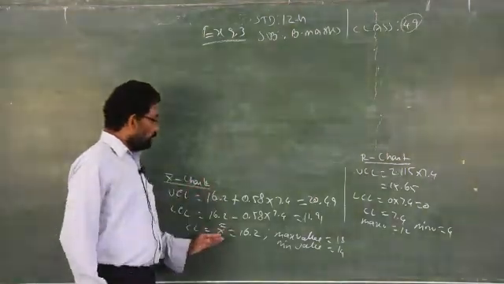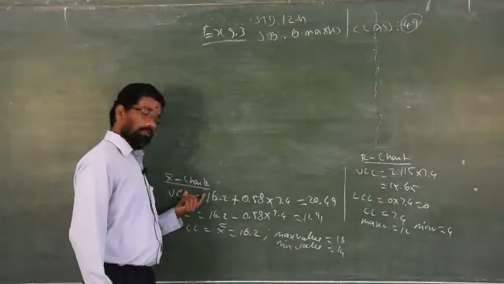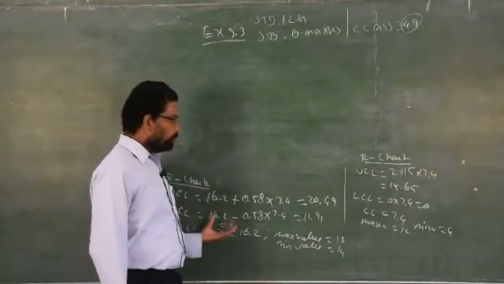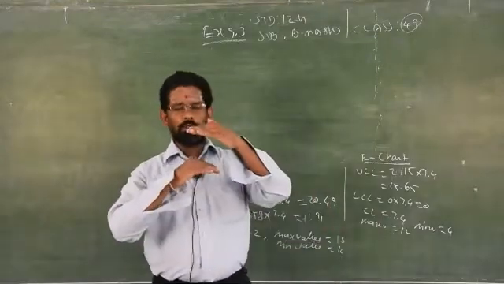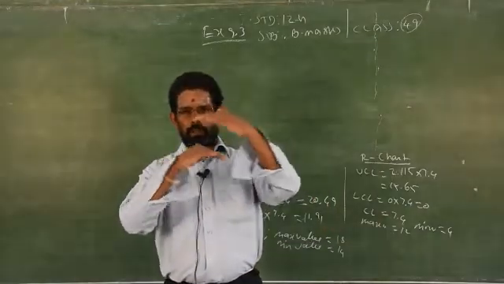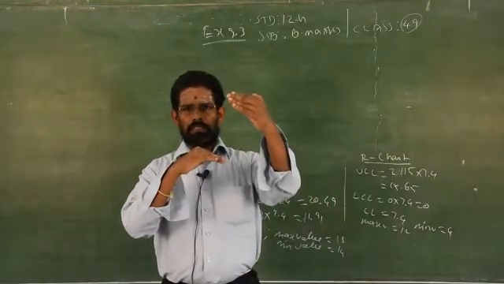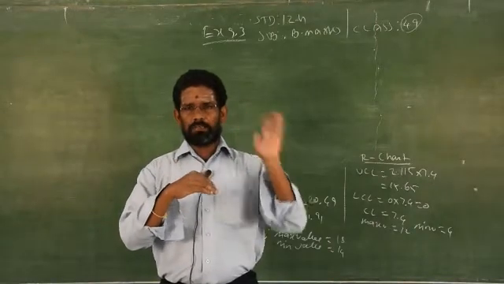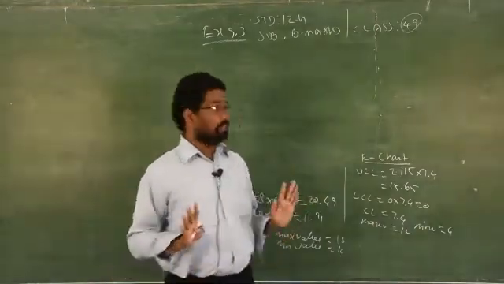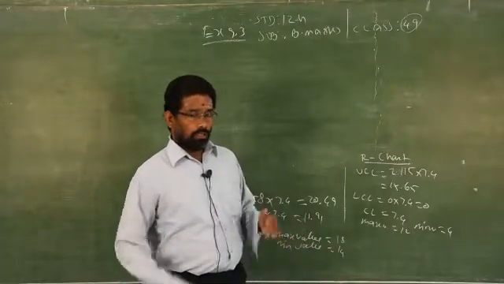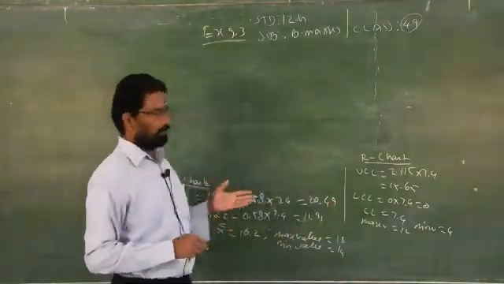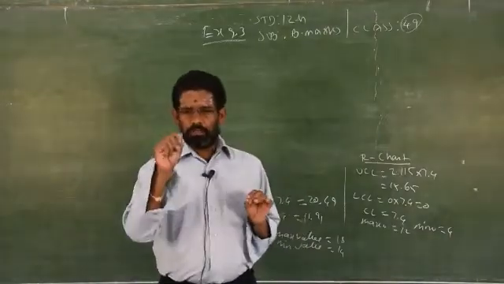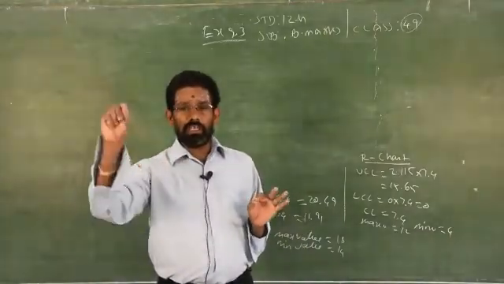So you cannot give the conclusion after seeing only the X bar chart. Both the charts should be satisfied. In both the charts, no sample should be outside of the two control limits, that is the upper control limit and the lower control limit, both X bar chart as well as range chart. Be careful, clear. If in any one chart the samples are outside of those two limits, then the process is not in control.